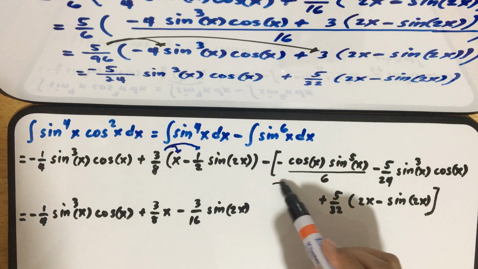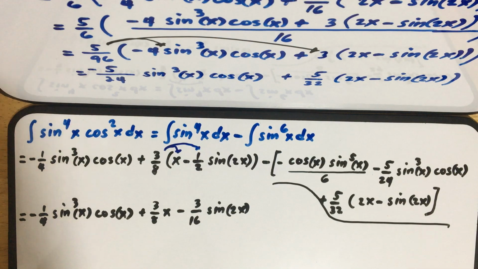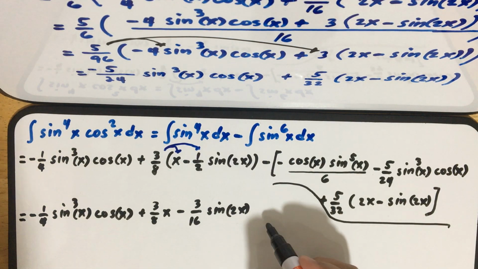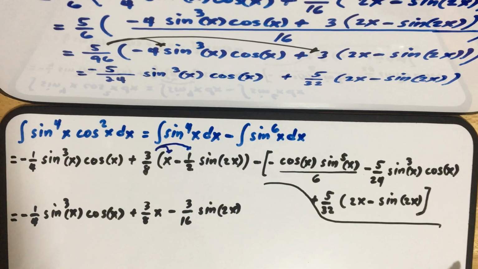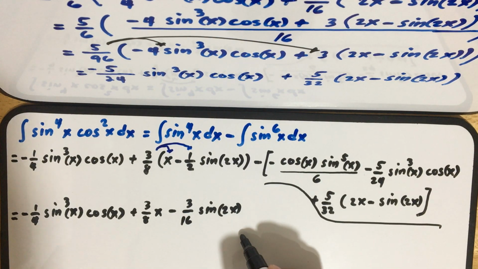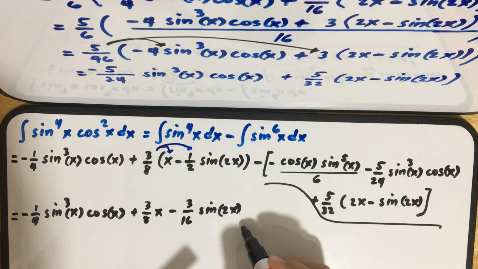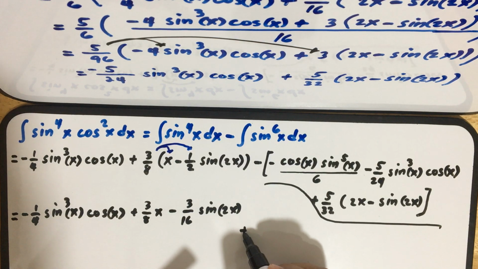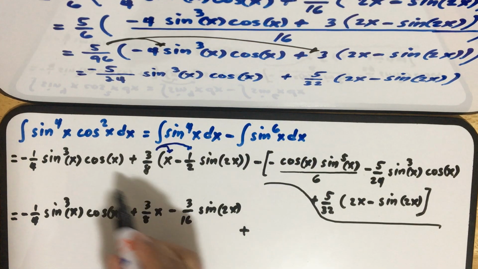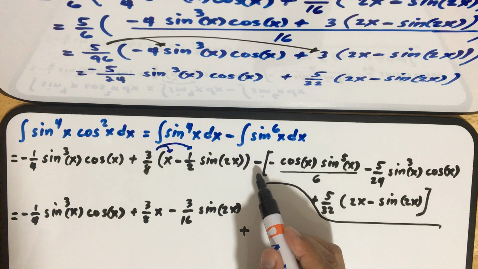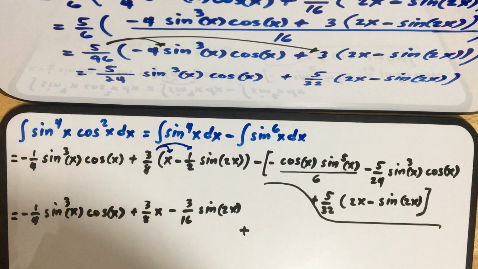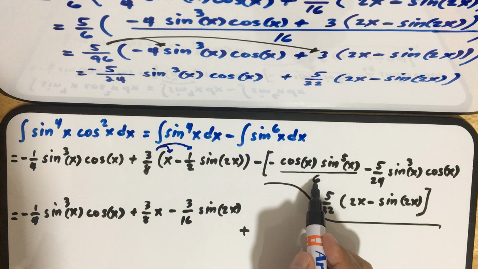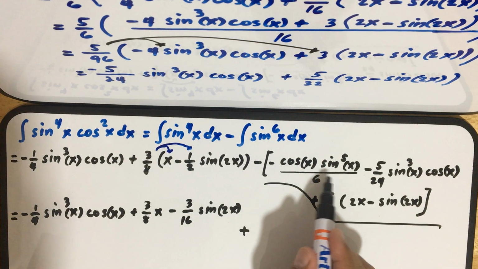Then minus this one. I don't have enough space. So minus, so that becomes plus, right? We're just doing this part class, and then next is this one. So minus, so that becomes plus, plus,